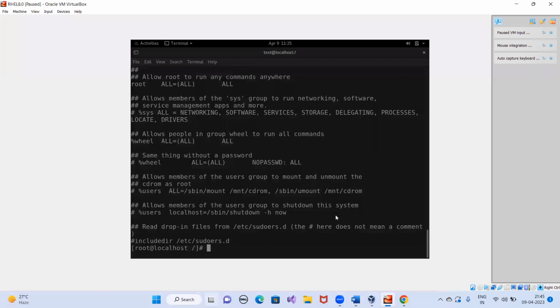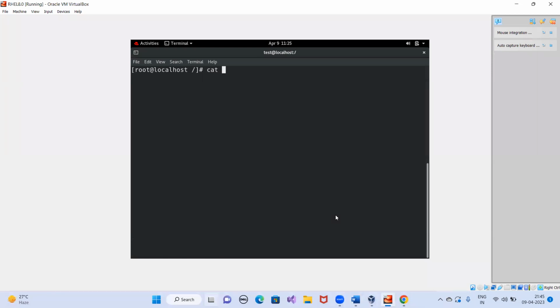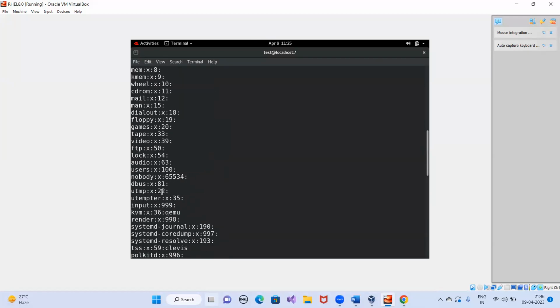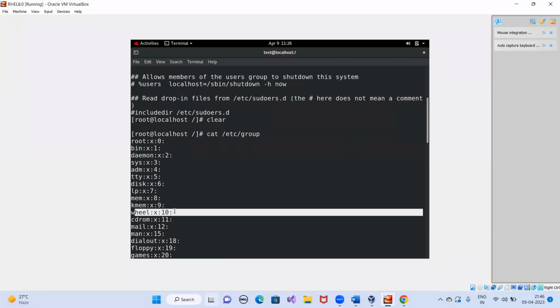Suppose, cat /etc/group. This is the command to check the groups. Inside this, there is an inbuilt group with the name wheel. You can find it here. See, wheel, group number 10. This is the default group; you can say it is the system group which gets created automatically. If you make any user a member of this wheel group, that user will have sudo rights. That user can perform admin tasks.